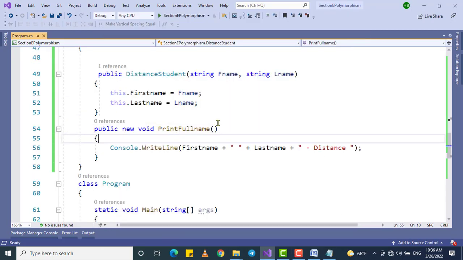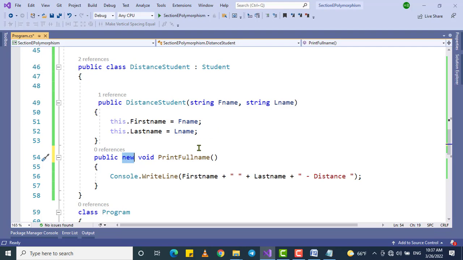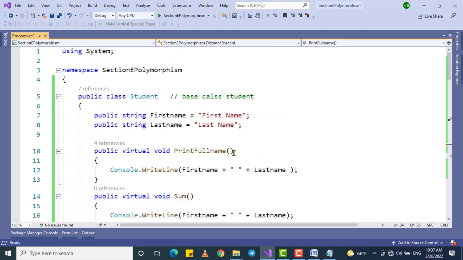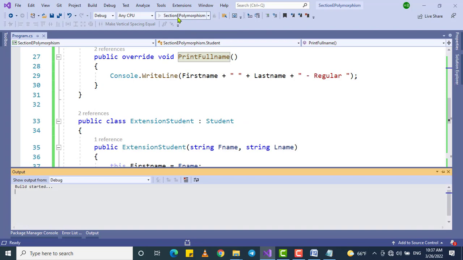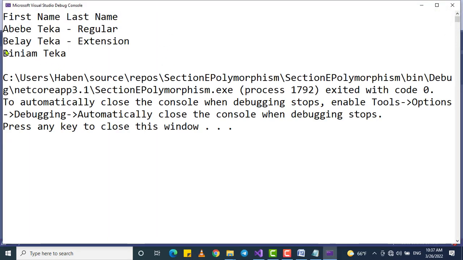እቺኛውን ልጨርሳትና ከዛን ስቶፕ ማድረግ ስለፈለኩኝ ነው። what the difference between method hiding and method overriding? method hide ማድረግና method override ማድረግ ምንድነው ዲፈረንሱ? ቅድም ኒው ስል ነበር አይደል ሜተድ ሃይድ ሳደርግ። ለምሳሌ እስኪኒ ይሄኛውን የዲስታንስ ስቱደንቱን ኦቨርራይድ ያደረኩትን የመጀመሪያውን print full name override አድርጌ ነበር። what if I make this new okay new ባደርግ what do you expect here? በዲስታንስ ስቱደንት ላይ ፕሪንት የሚደረገው ይሄኛው ፉል ኔም ነው ወይስ ከላይ ያለው ፉል ኔም ነው? የትኛው? are you sure? but as you can see ቢኒያም ተካያለ ነው።